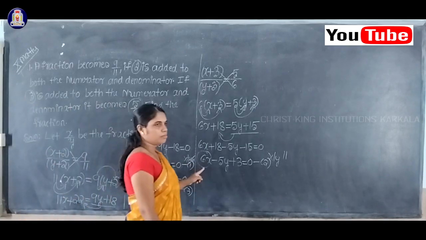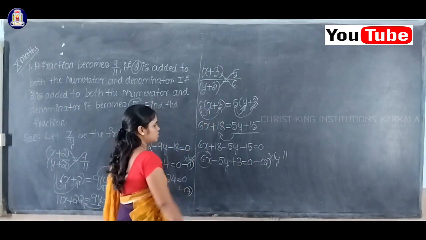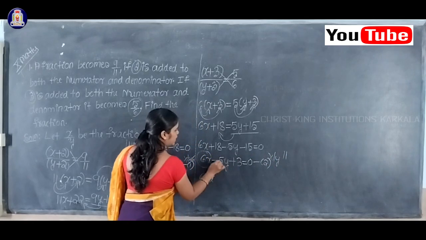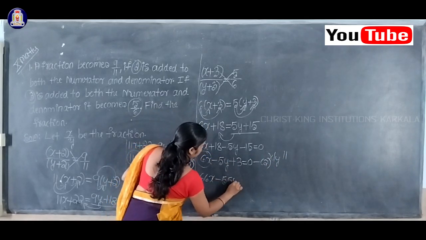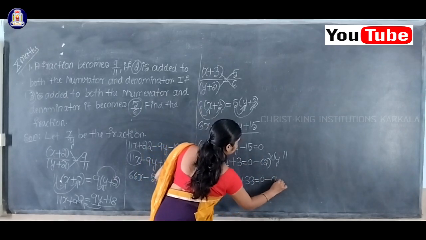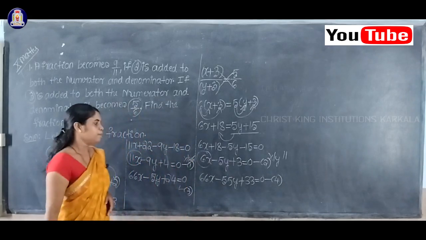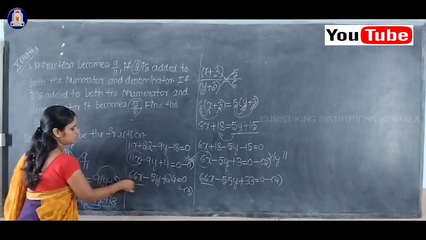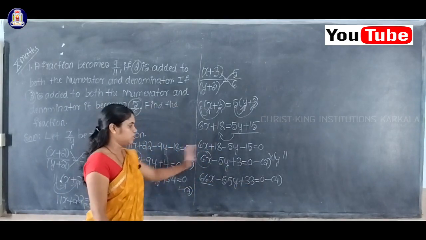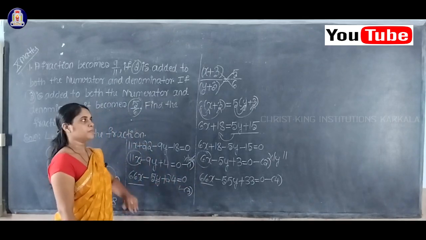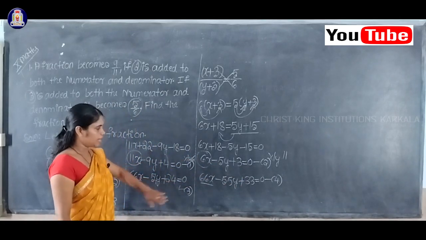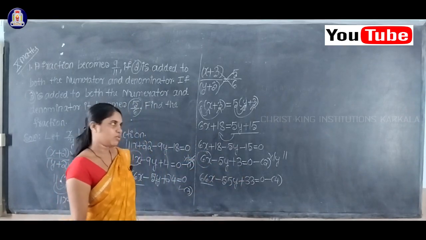So again, in equation number 2, I'll multiply it by 11. So we'll multiply 11 into 6, how much? 66x, 11 into minus 5, 55y, plus 11 threes are 33 equal to 0. This is your equation number 4. So now you can observe here the first terms are the same, isn't it? In equation number 3 as well as equation number 4, the first terms are the same. So either I can do equation 4 minus equation 3, or equation 3 minus equation 4.